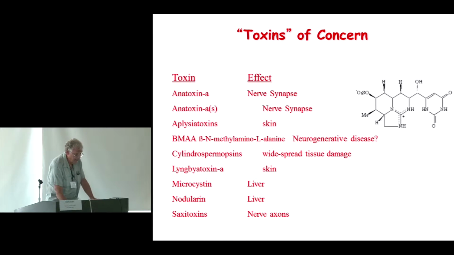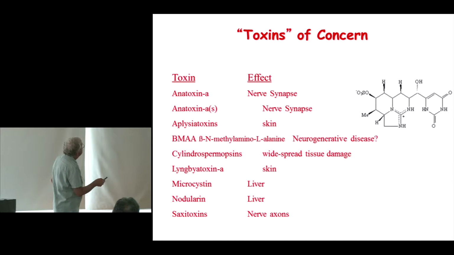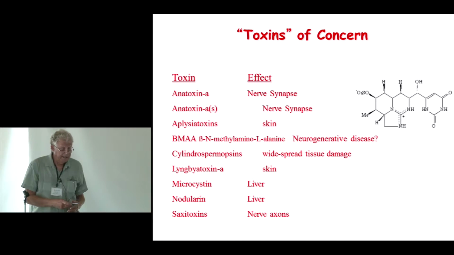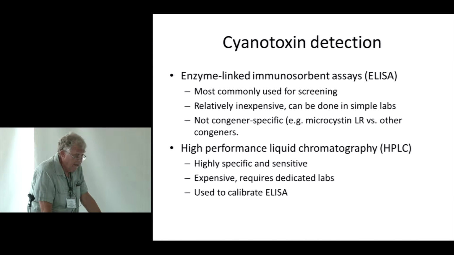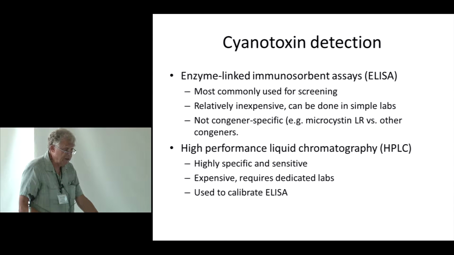Toxins that are produced. This is the whole list of toxins that are now identified. Some of them are actually on the WHO list in terms of particularly problematic toxins like the microcystins, for example. Those toxins can now be analyzed remotely by laboratories by simply sending samples to these laboratories, and I've put two detection and analysis systems, including ELISA, the enzyme immunoabsorbent assays. Those are all conducted in the laboratory on samples that can be easily collected in the field and then sent to laboratories, and high-performance liquid chromatography.